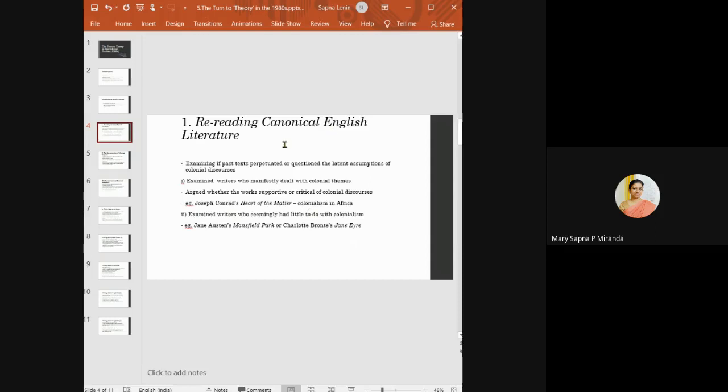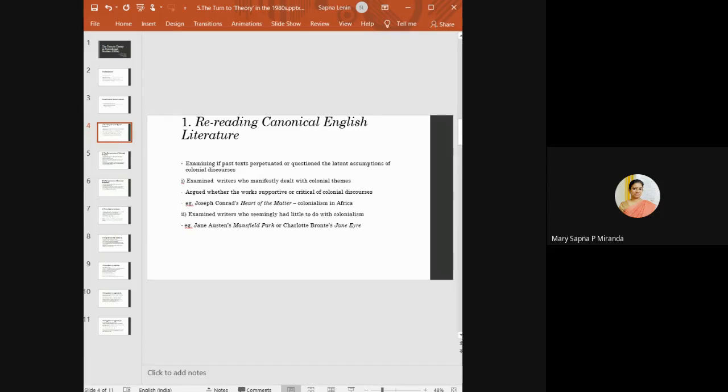So when you're rereading canonical English literature, what are you doing? First, you're looking at texts that directly deal with the colonial discourses, the colonial experience. The second one is again looking at the writers who apparently, that is on the surface, have very little to do with colonialism. Maybe it's a love story, maybe it's a murder mystery, whatever. But then hidden in that story, you will find threads of the colonial experience. So one is the direct colonial text, the other is the texts that have very little to do with colonialism. So this consists of the methodology of rereading canonical English literature. We are familiar with all these texts. Now we are going back to these texts again, and we are trying to understand them from the colonial perspective. So this is one way of the post-colonial understanding of